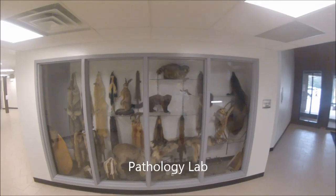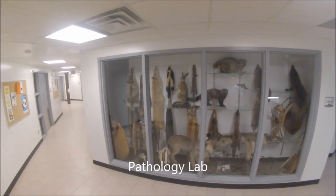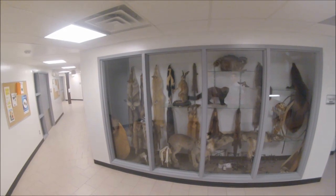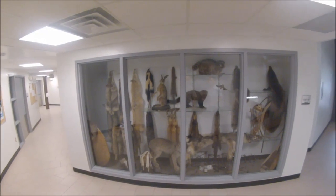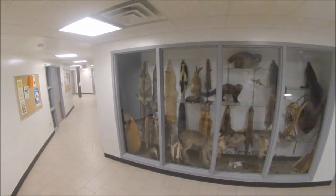So now we're going down to the animal pathology wing. This wing is operated and used for the Fish and Wildlife program here at Centers. So we're going to be taking you into the labs and into the sort of the animal secure area that we have that we use when we are working with our